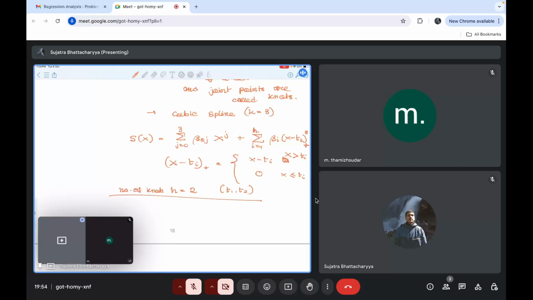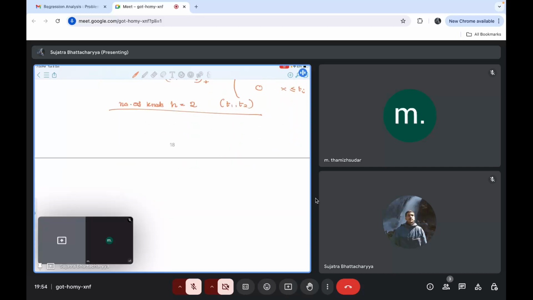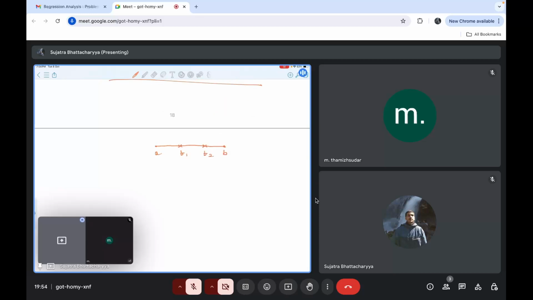It will be arbitrary. It's your choice in the data. You have to see and put it. A good example is given in the video lectures. Suppose from A to B, there are two knots, T1 and T2, in the entire range of A to B. If X is lying between A and T1, then you can write